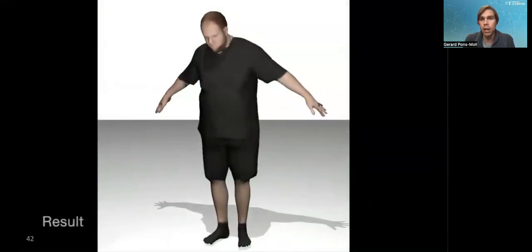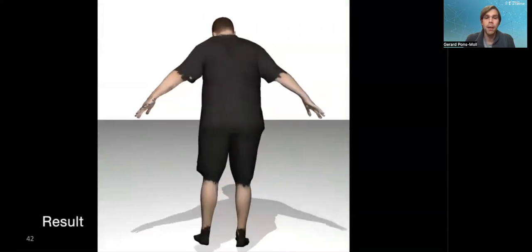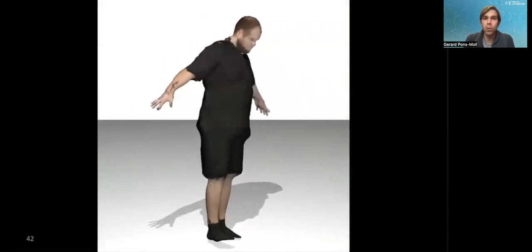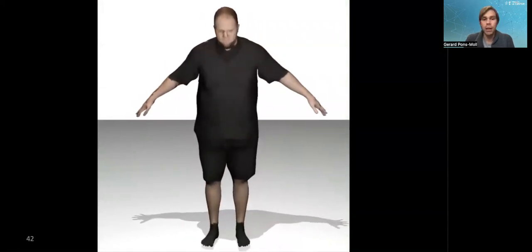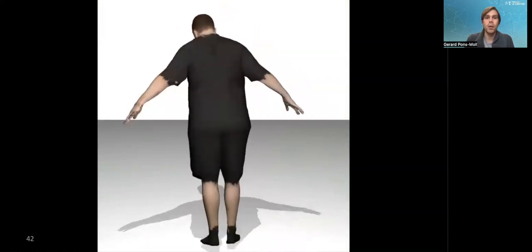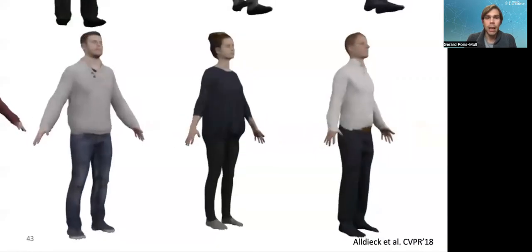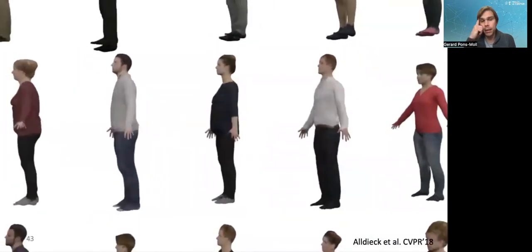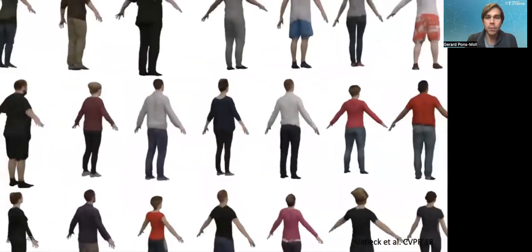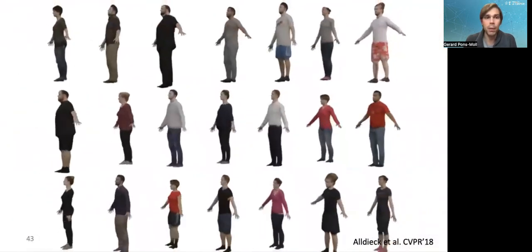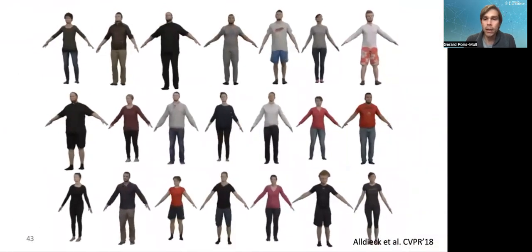Nowadays, you can get much more detailed reconstructions and even from a single frame. But this was cool because it was a demonstration of what was even possible using the state of the art that we had at that time. And yeah, so basically, one can use this method to reconstruct a wide variety of people in clothing, not very wide clothing, but